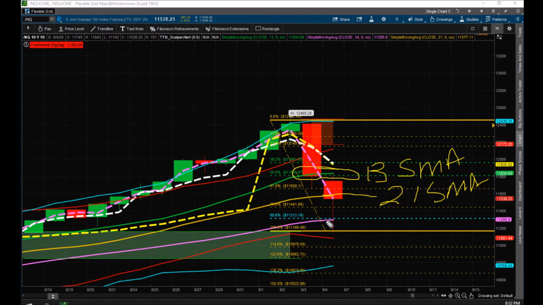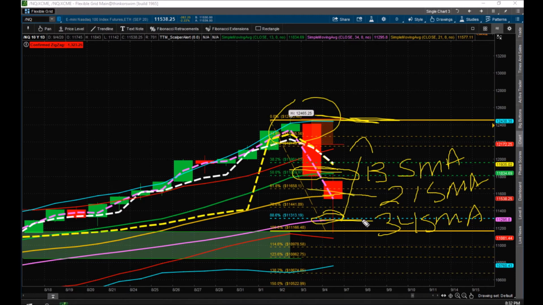And the pink is the 34, which it bounced off. So this is what I'm saying: if it holds this line here, it'll continue up to the previous highs. But if it fails, so you got one SMA fail, two SMA fail, three SMA fail. What do you think is going to happen? It's going to continue to go down